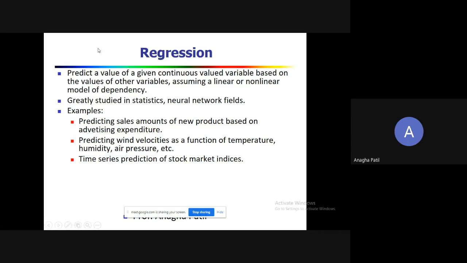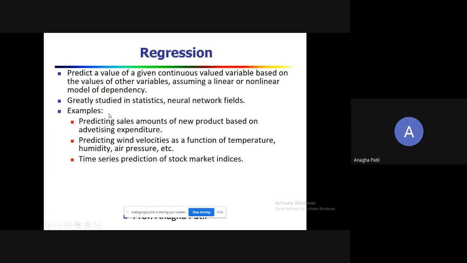Regression predicts the value of a continuous variable based on the values of other variables. The approach is the same as in classification: we determine the target based on the rest of the attributes, but here it is a continuous valued variable, assuming a linear or non-linear model of the dependency.